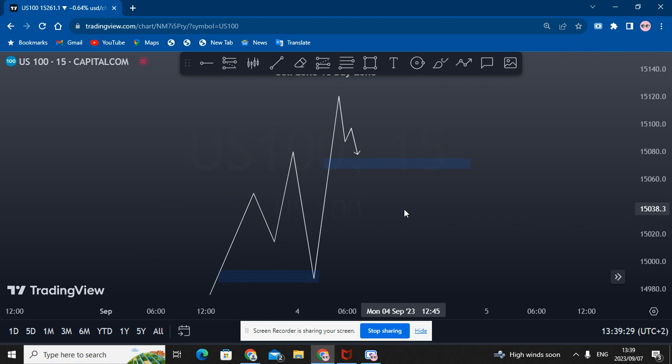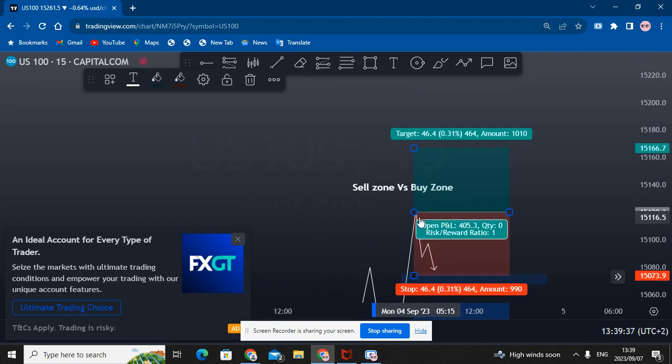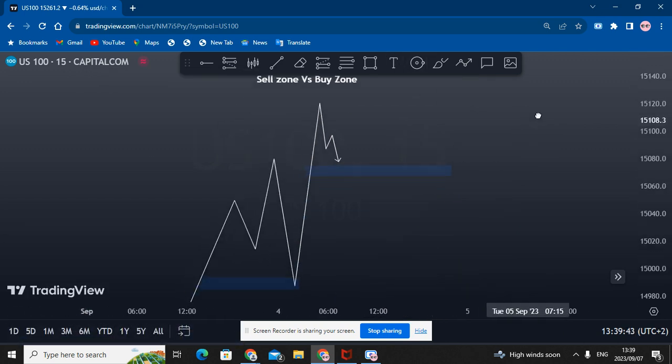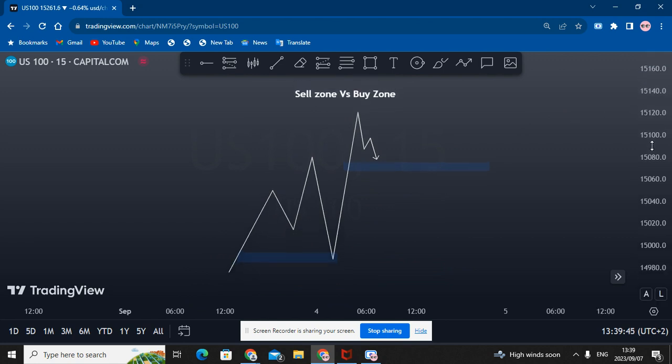Now you need to understand that there are two zones. There's a buy zone and a sell zone, like I mentioned. When you take your fib retracement and you draw from your highest point, no, that's not a fib retracement. Let me delete that. When you take your fib retracement and you draw from your highest